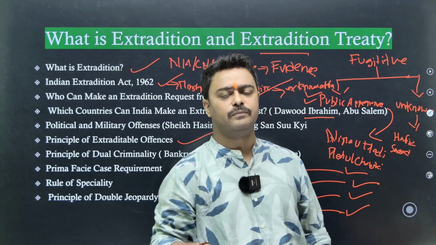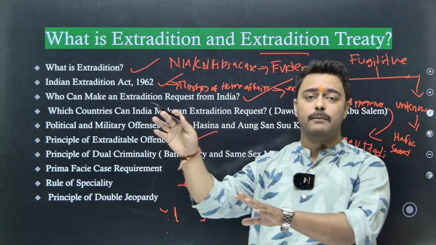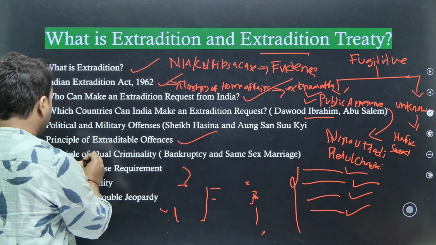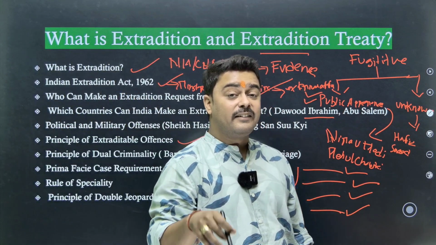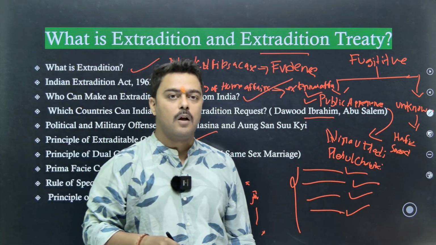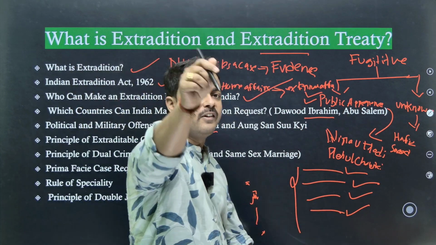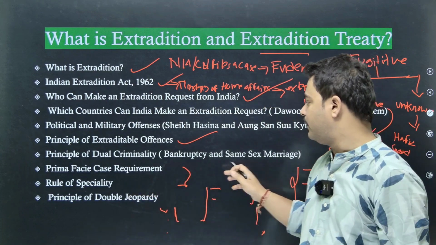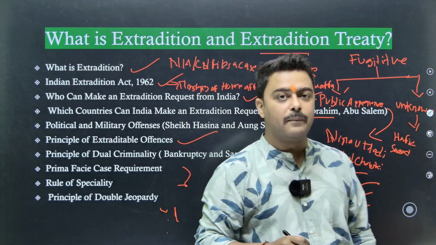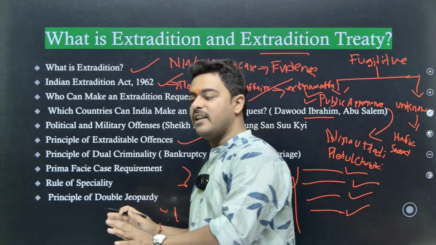Same sex marriage in USA is legal, but in India till now in the Supreme Court judgment, same sex marriage is not legal, it is illegal, it is a crime. So what that principle of dual criminality means, that whatever the offense is in my country has to be offense in your country. Okay, I hope this is very clear with the example. ठीक है, since terrorism is offense in India as well as in United States, Tahawwur Rana was successfully extradited to India.